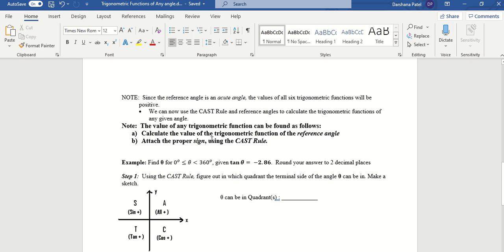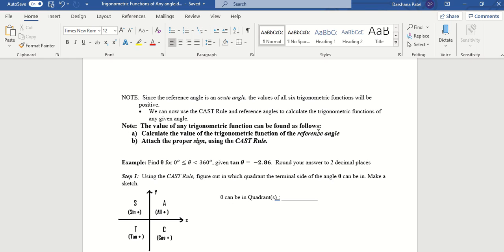We calculate the reference angle first. So the first step will be to find alpha. How do we find alpha? We will do the inverse of a trigonometric function with absolute value. Why absolute? Because we want to make sure that our reference angle is between 0 to 90 degrees only. Our alpha has to be between 0 to 90 degrees only. It doesn't have to be in the first quadrant, it's just that it has to be between 0 to 90 degrees. It has to be a positive number only.